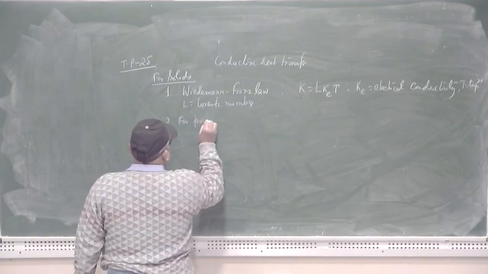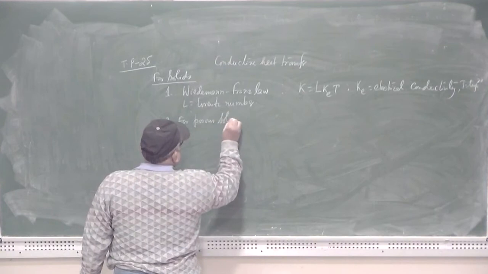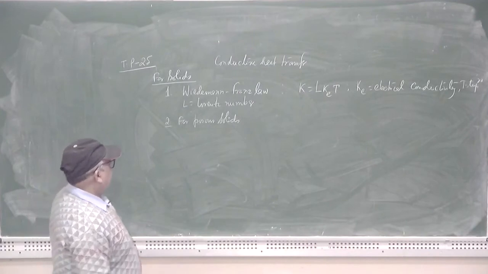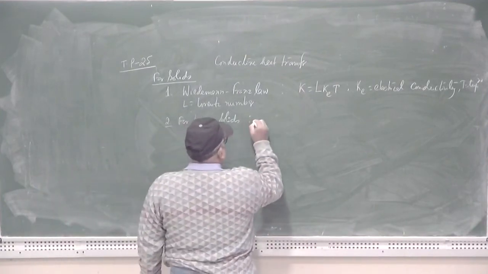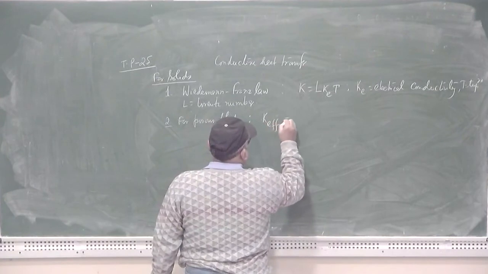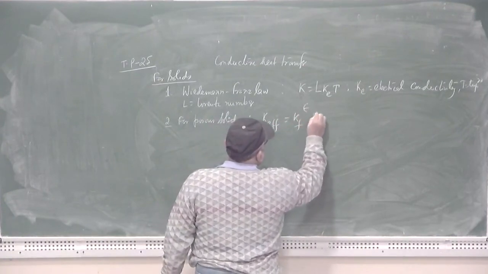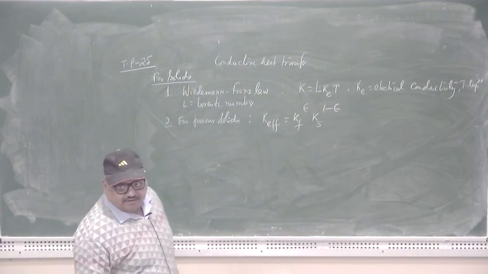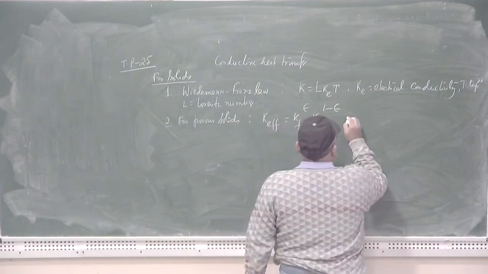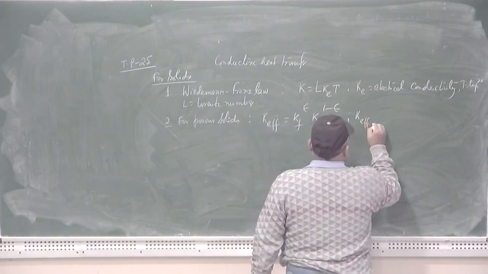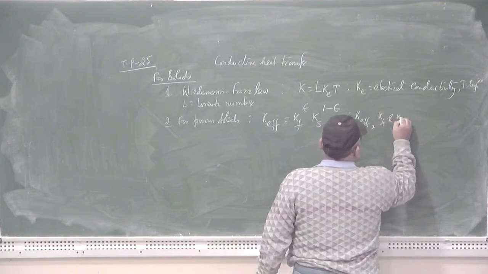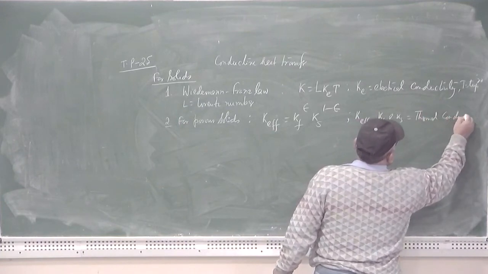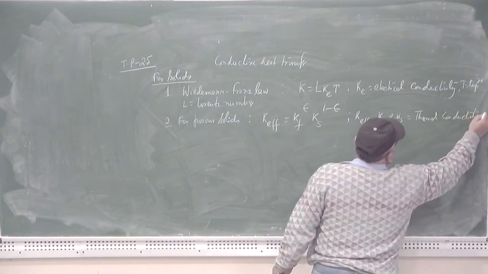for porous solids such as sponge iron and the various solids which have porosity in their structure. So for porous solids, the formula is effective thermal conductivity, K effective, equal to Kf raised to the power epsilon into Ks raised to the power 1 minus epsilon. In this equation, K effective, Kf and Ks are the thermal conductivities of